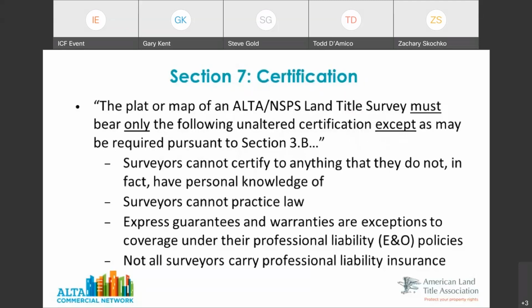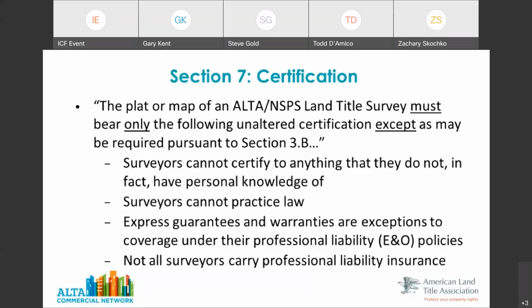And that gets us to section 7, which deals with the certification. I think it was in 2011 we put wording in that only this unaltered certification may be used.